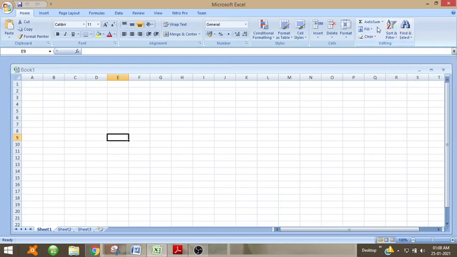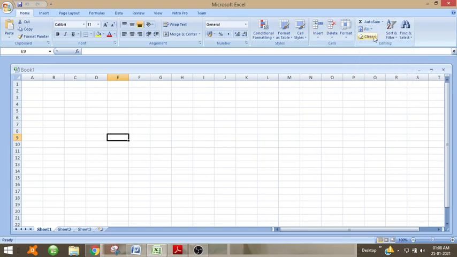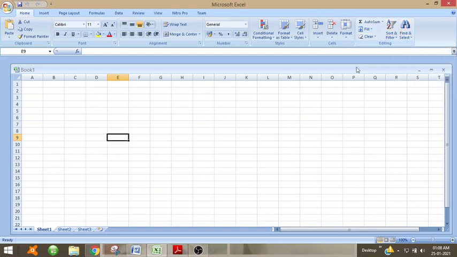All these come under editing, that is auto sum, different functions, then fill, then clear, then sort and filter, then find, replace. So everything comes under editing. This cut, copy, paste also comes under editing.